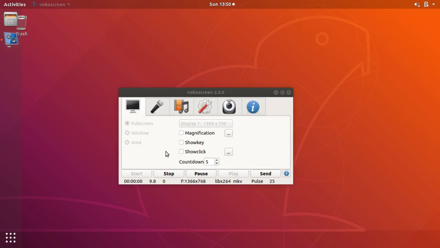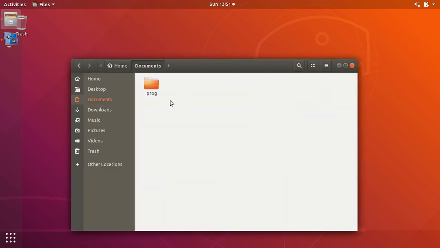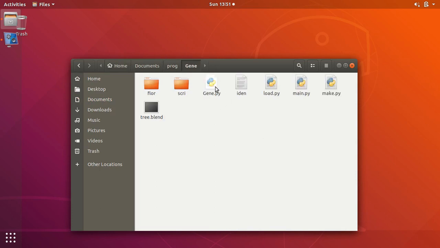Today I'm going to be making a basic tree generator in Python using Blender. And it's not going to have any leaves. I'm just going to do some branching and add some vertices and connect them. So,